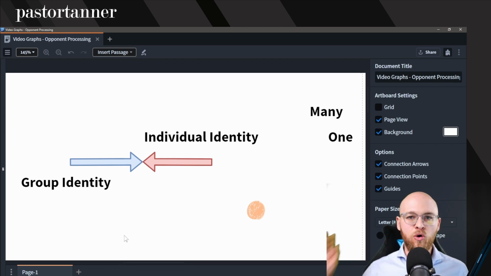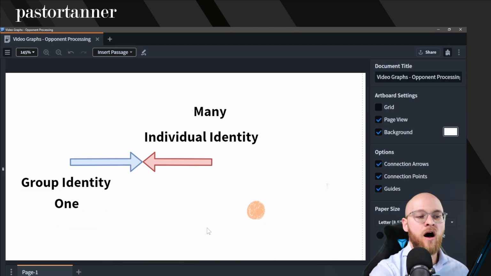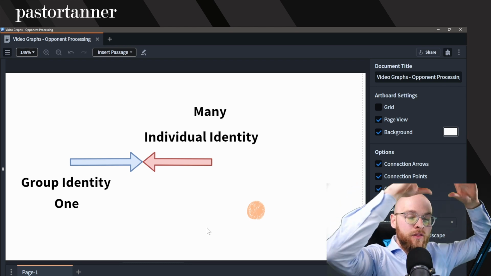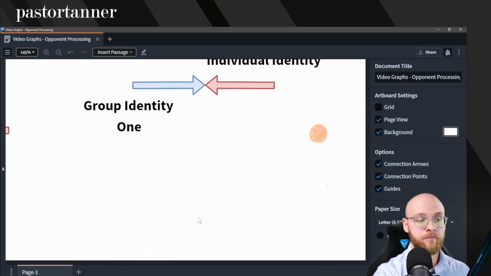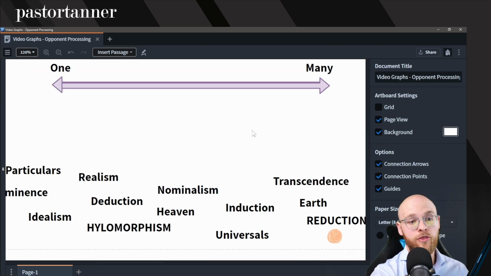This is actually a perennial issue in philosophy. I could just as easily map the questions of the one and the many right on top of these individual political battles. Is it all the individuals that matter and their individual interaction in society? Or is it the group that matters? The one, the singularity that matters the most? Again, opponent processing, when a dimension is removed, looks like tribalism. If we want to scroll down and look at this, we can actually map this onto many philosophical issues that have come down to us through the ages.